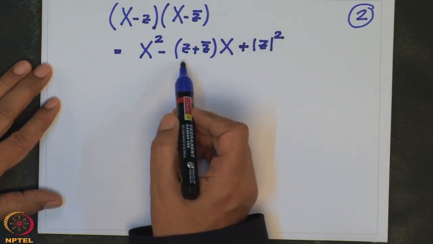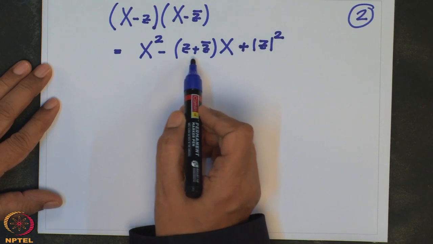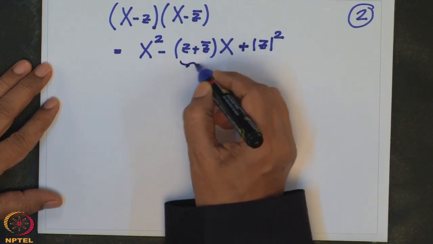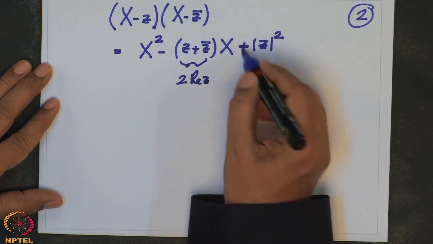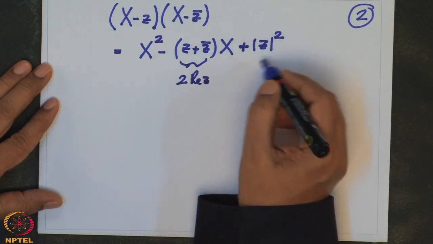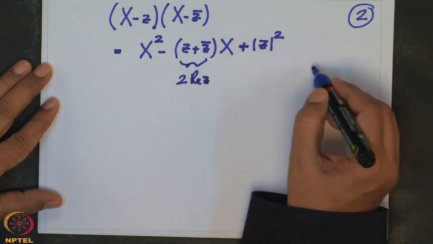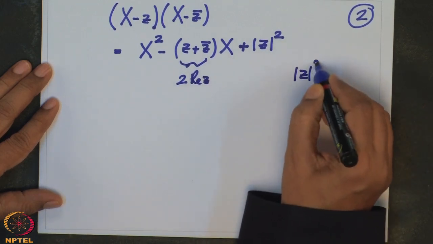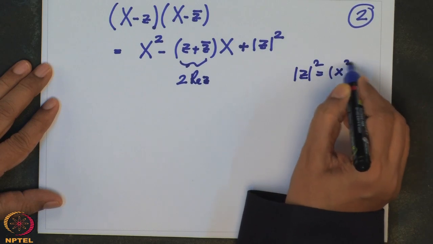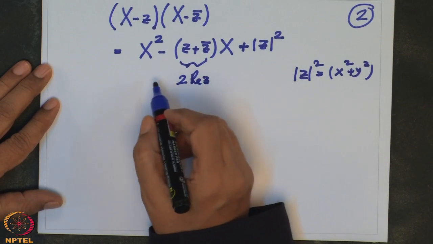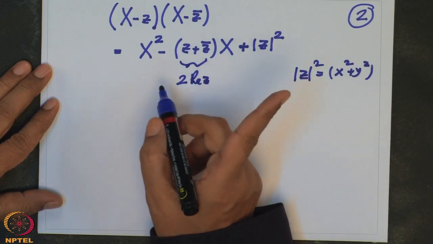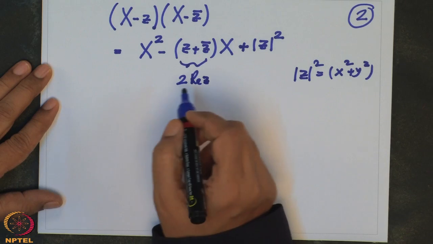So, z plus z bar is 2 times the real part of z, I think this we have argued earlier also, and |z| squared is by definition x squared plus y squared. So this is the minimal polynomial. It can't satisfy a smaller one unless z is already a real number, and in that case it will be a linear polynomial. So that is how one should try to calculate.